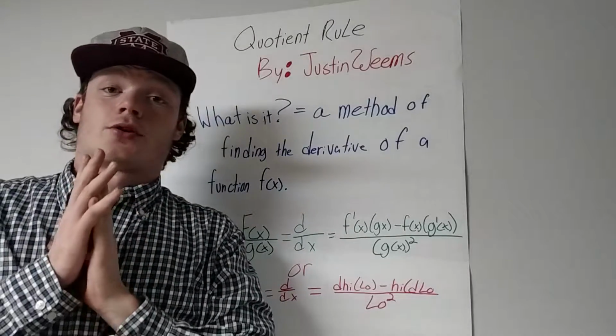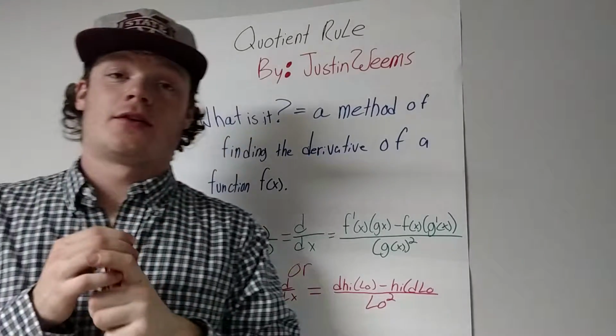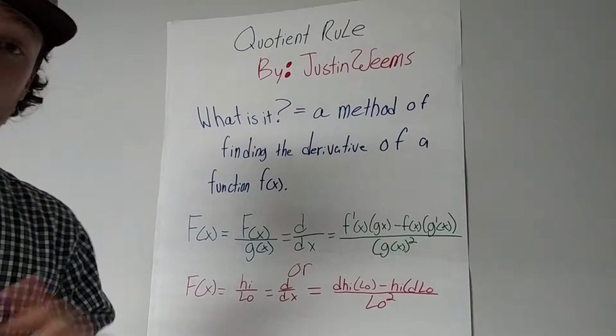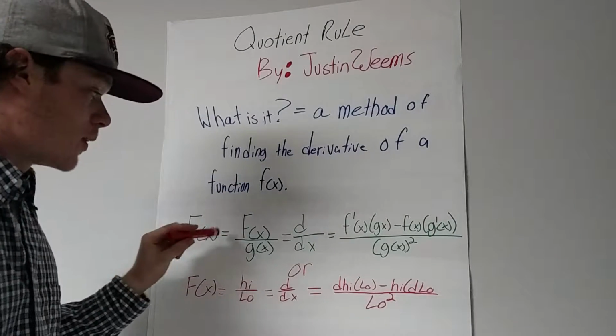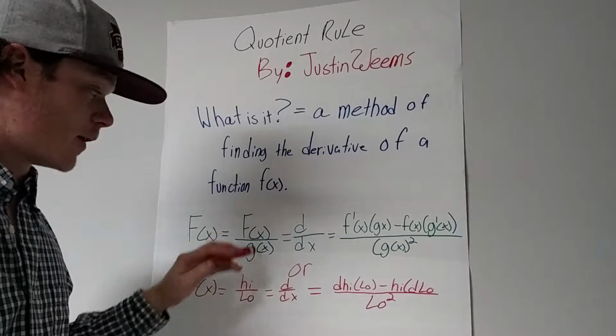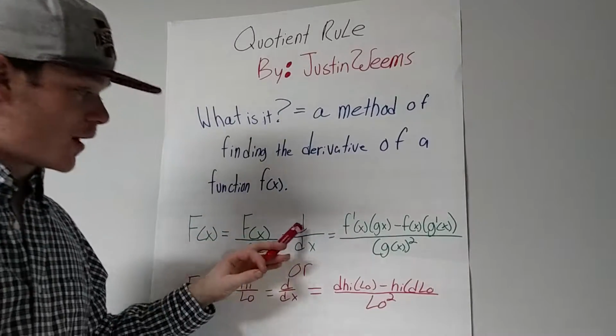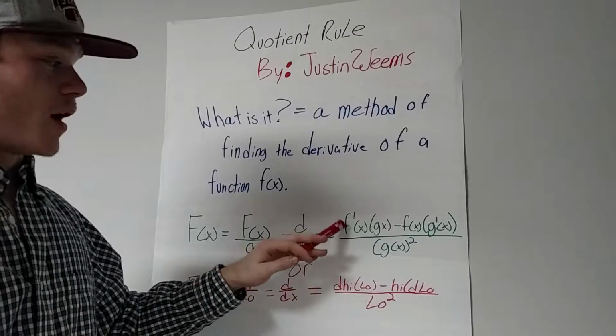I will be teaching you about quotient rule. Quotient rule is a method to find the derivative of a function when there is no simple way to do it. What we do here is we separate it into the top and bottom function, represented as f of x and g of x. To find the derivative with respect to x in this situation, you would do the f prime